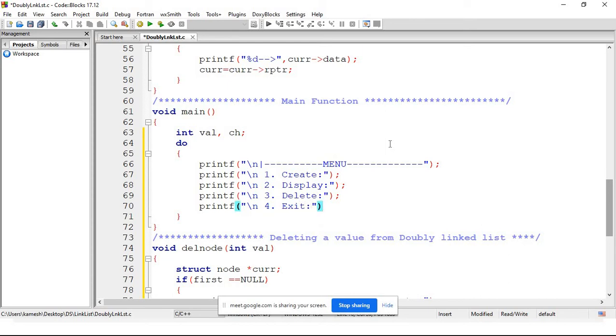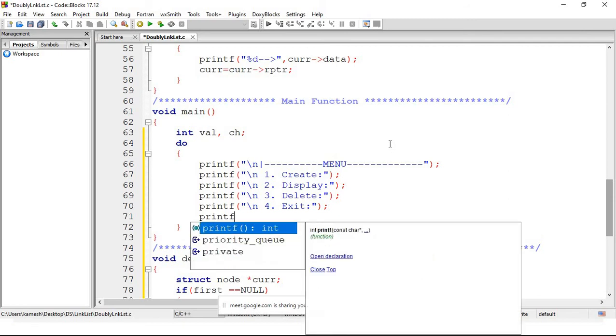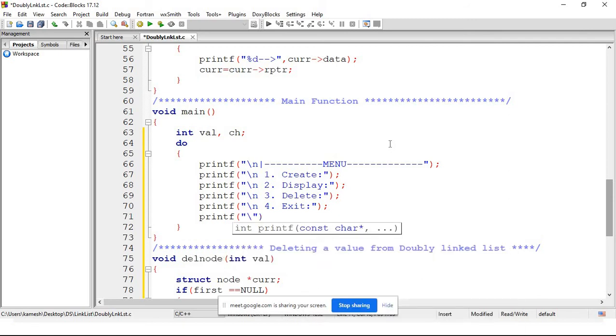Okay, fine. Now I'm just closing my menu. So printf, here we are just closing our menu. Right?